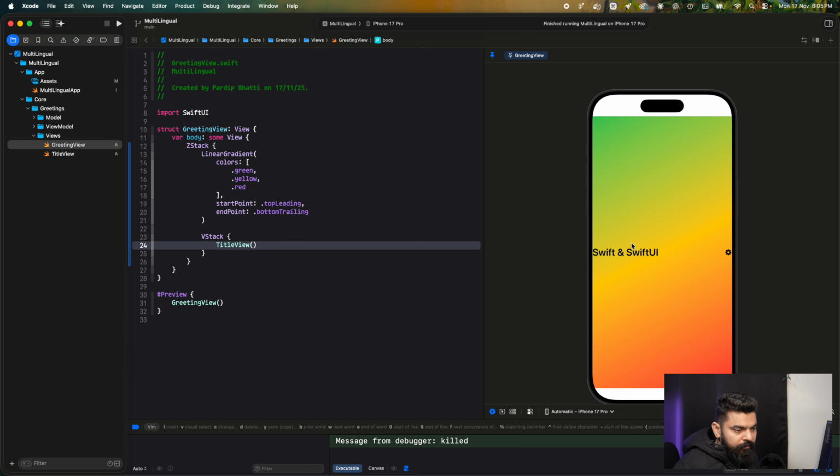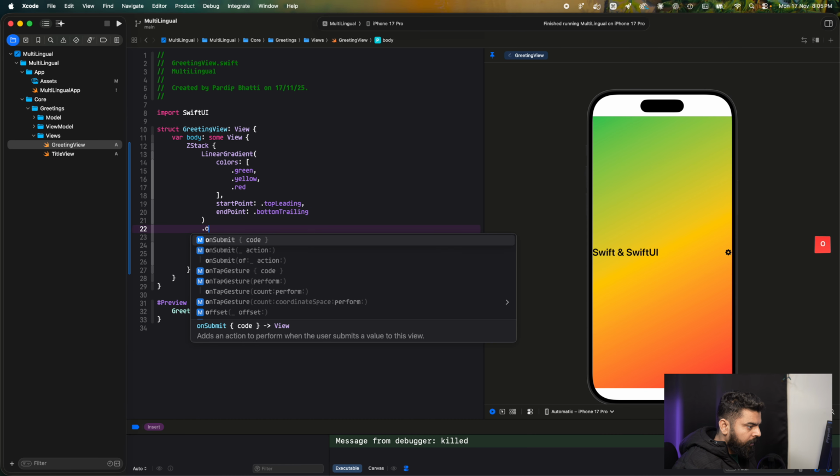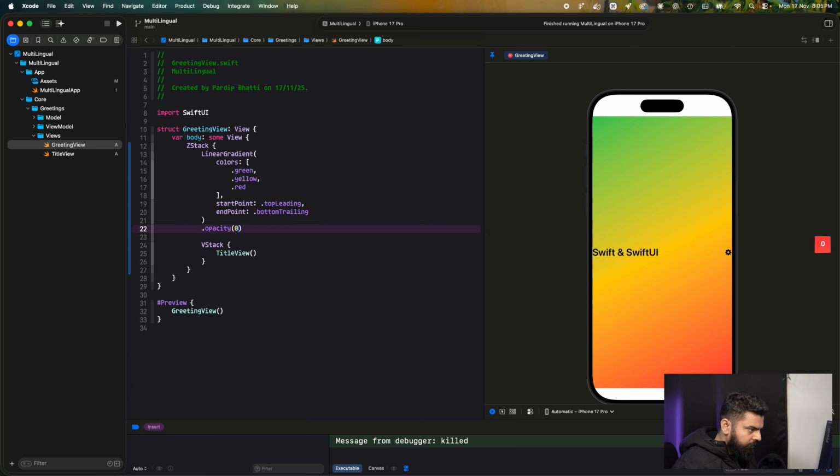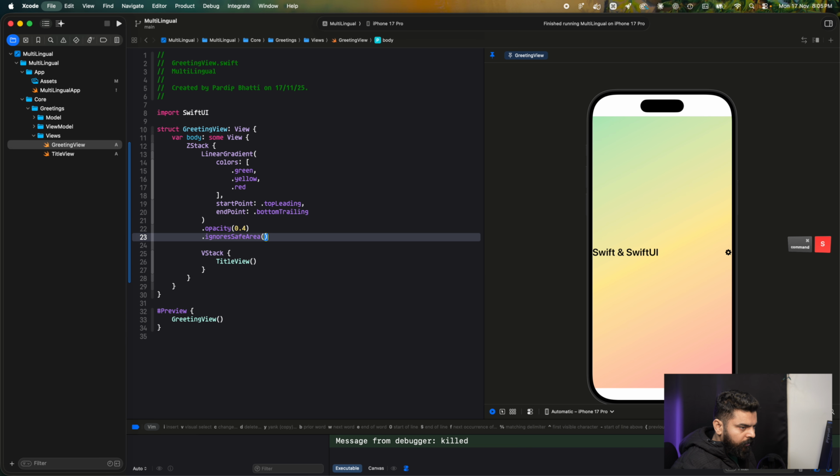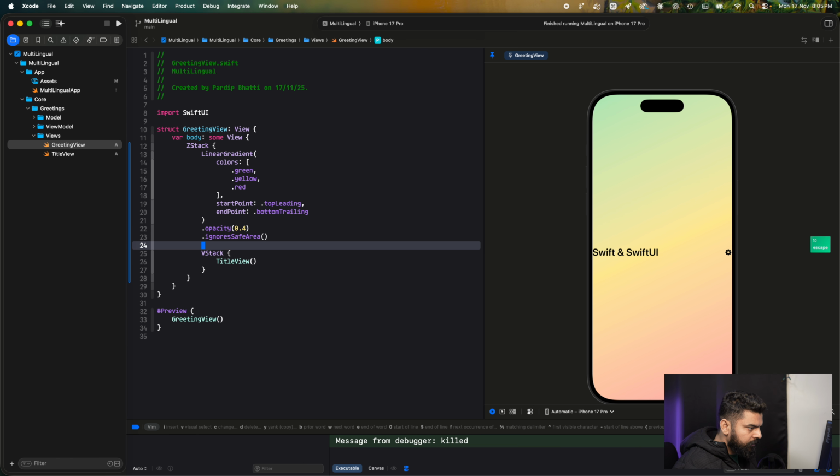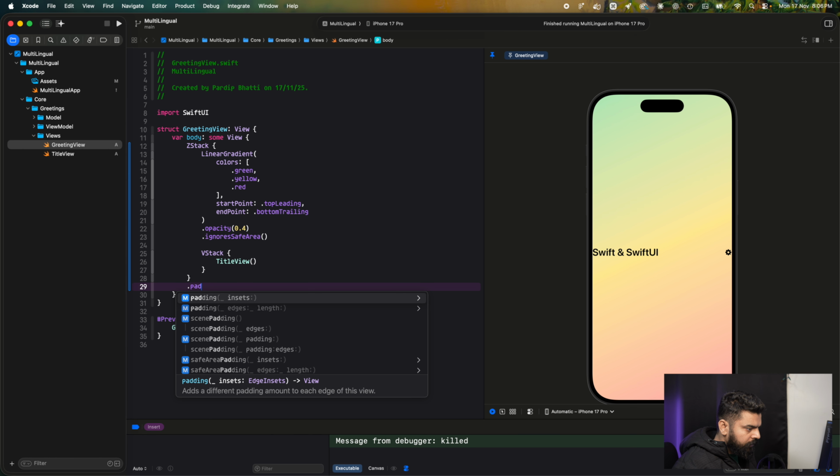See, this is looking cool, but colors are too much. So I'll add a little bit of opacity with 0.4, so just this much color, and I will be ignoring safe area for now, so it will take the whole screen. This is looking good now, and if you want to follow the padding, I can add padding to this guy as well,